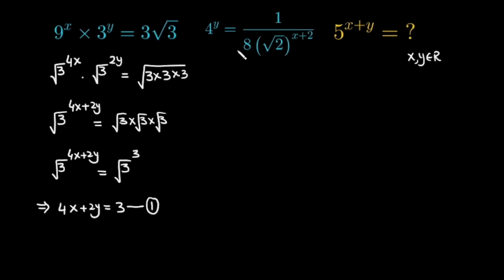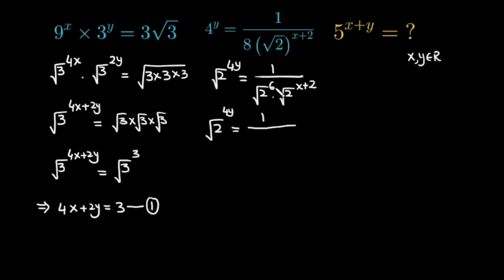Now solve this second equation. This 4, if I write √2 raised to the power 4, because √2 raised to the power 4 equals 4, times y equals 1 over this 8, if I write √2 raised to the power 6, because √2 raised to the power 6 is equal to 8, times √2 raised to the power x plus 2. So in the next step, √2 raised to the power 4y equals 1 over,